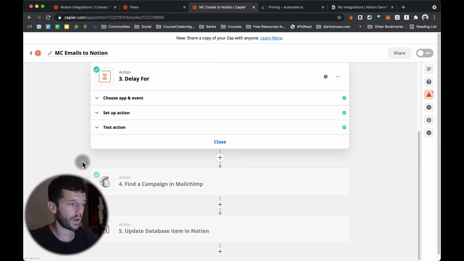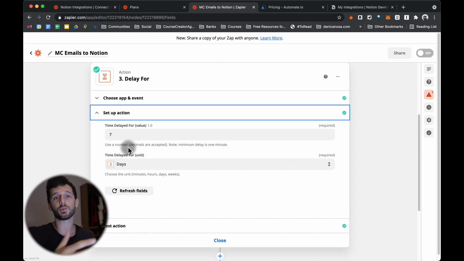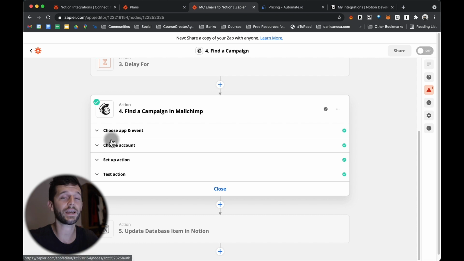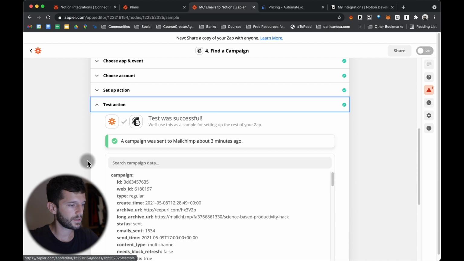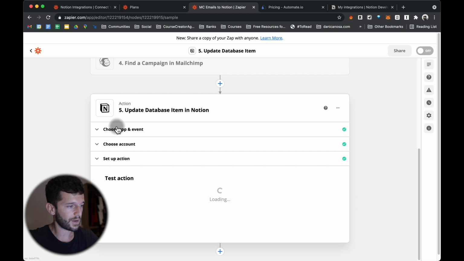And then I want to wait for 7 days. Why? Because I want to allow the email some time to gather data on opens and clicks, so I can then update the entry that we just created in Notion with those two pieces of data. So after 7 days, I'm going to find that campaign so I can get that open and click rate data. I find it by name, which I take from the first step, and I find it, and therefore in our fifth step